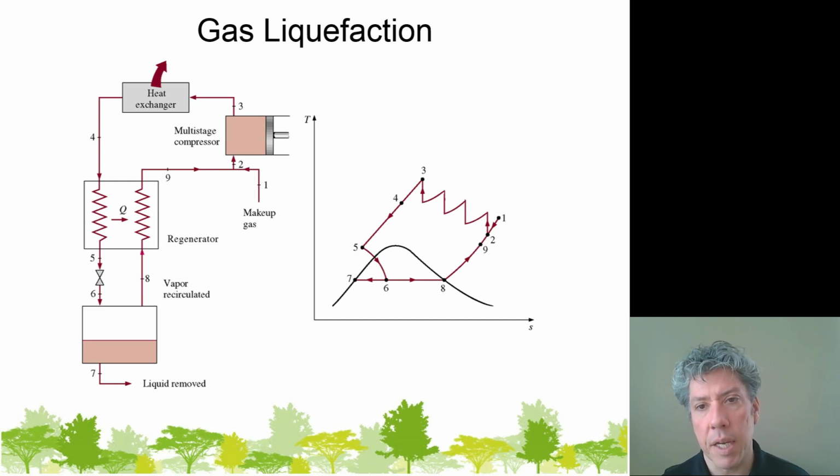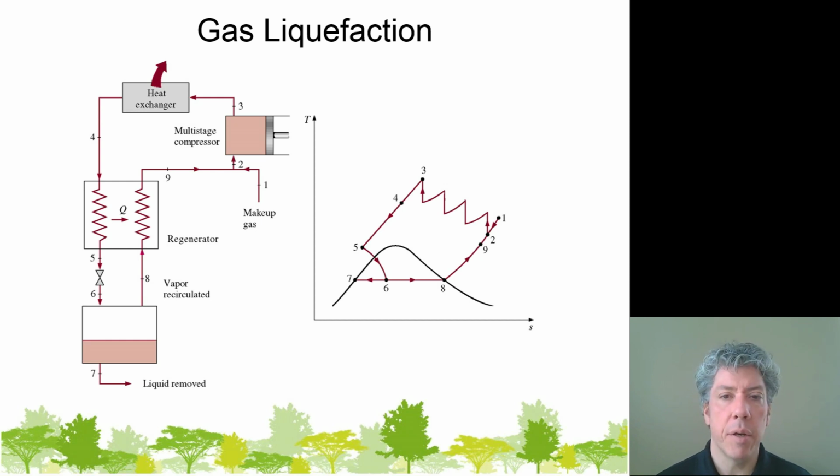And you can see that on the TS diagram, those sawtooths going from state 2 to state 3, indicating that there are multiple stages of compression here in order to increase the efficiency, as we talked about with multi-stage compression before. But all those details are condensed down into one piston-cylinder device so that we can concentrate on the rest. And so at state 3 we have a fairly high temperature relative to the vapor dome for the gas, a relatively high temperature